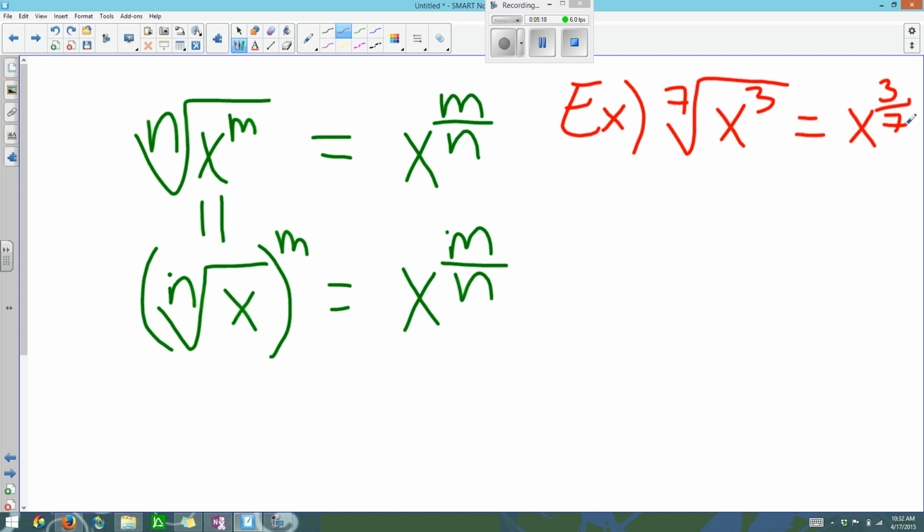Okay. So now that we have an idea of how to rewrite radical expressions as rational exponents, let's start simplifying some examples. So one example I'm going to use is, I'm going to rewrite, so one example